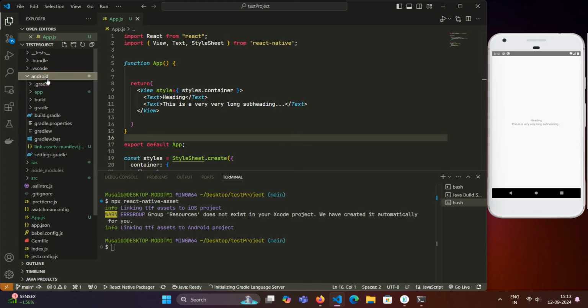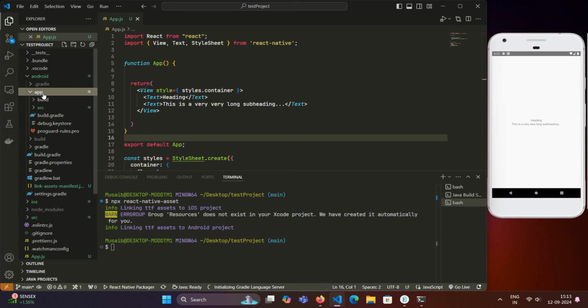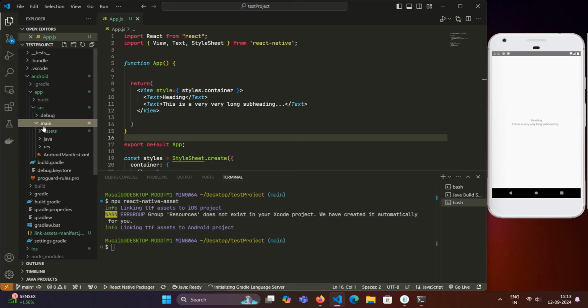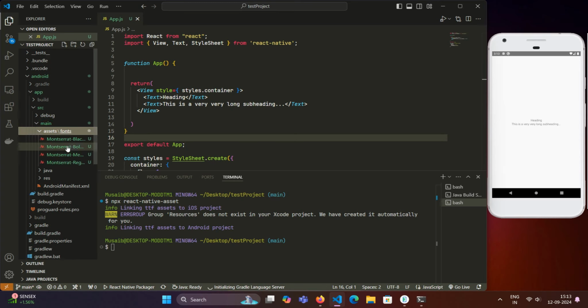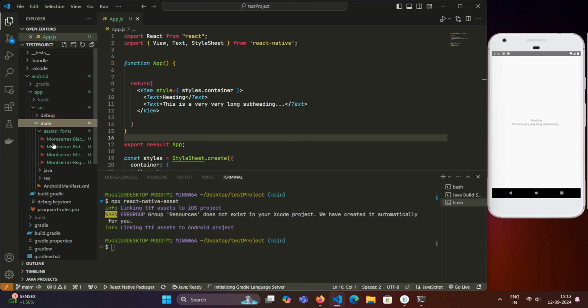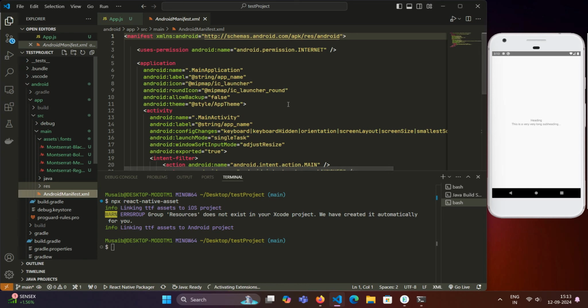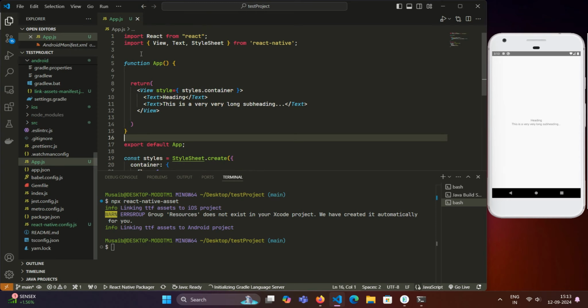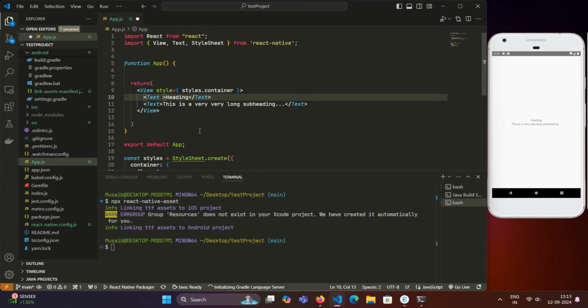So we can see that when we go to the Android, inside the app src and inside of the assets, these fonts have been copied successfully, and also some manifests. Also these files are included in the manifest section. So now the next step is the usage. The usage is simple as we used earlier. Inside of the style, we will have to define the font family, and